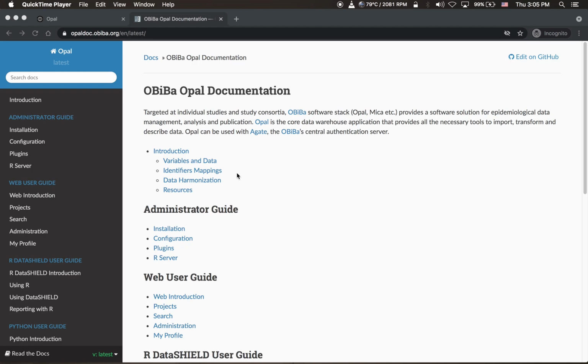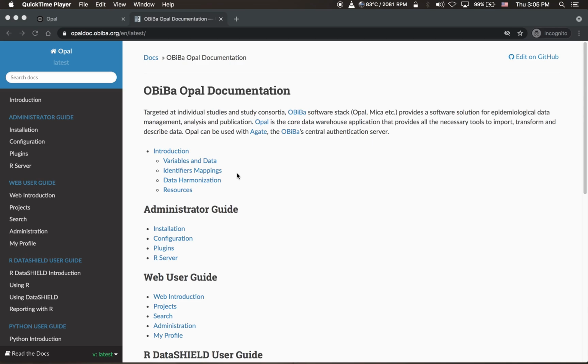The public target of this tutorial is any data managers working for an individual study or study consortia wanting to use Opal as a data warehouse. This tutorial describes some features of the Opal application software. The description of the features will not be exhaustive, but is intended to allow quick use and understanding of the various possibilities offered by this application.